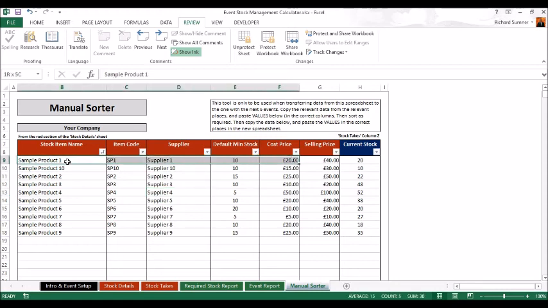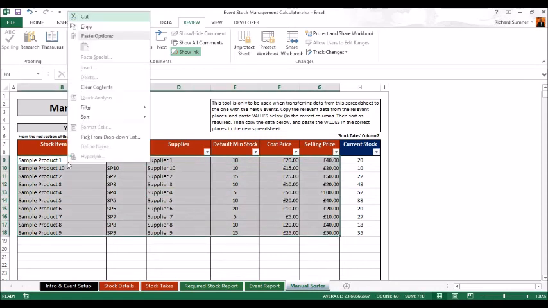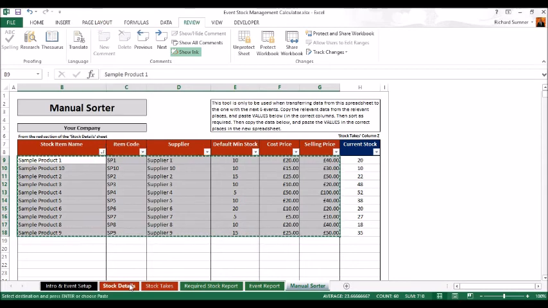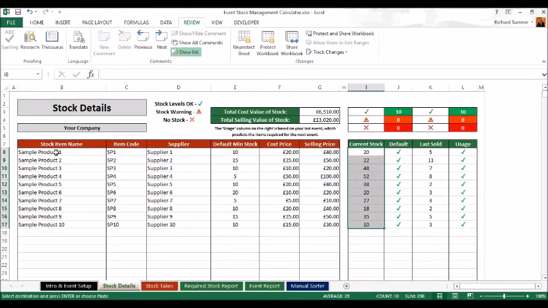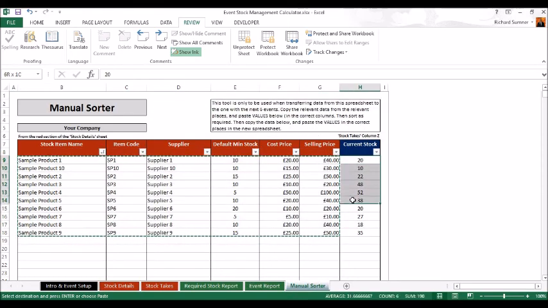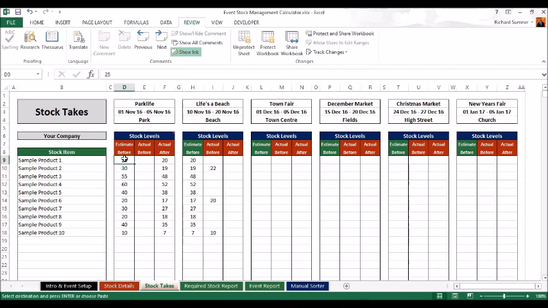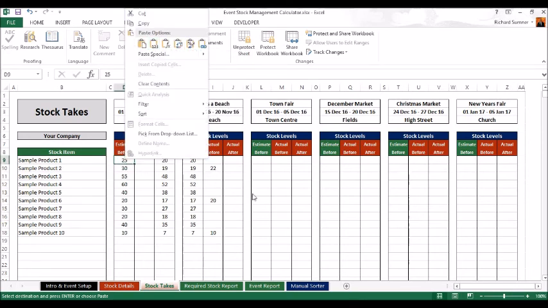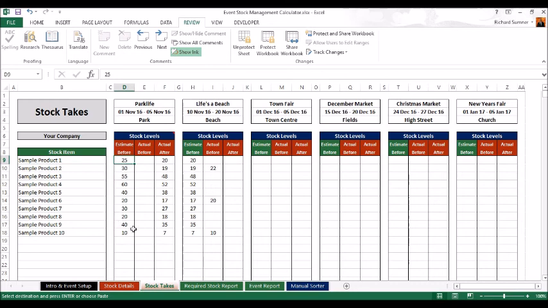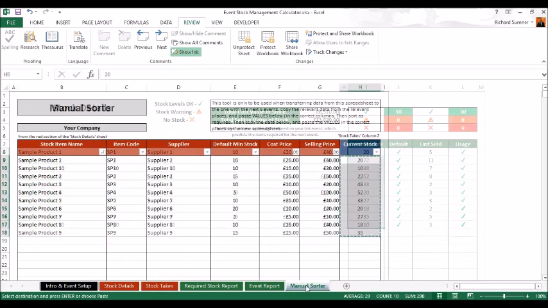Then all you do is you copy the red section again, edit, copy. When you open up the new spreadsheet, paste the values into here, so you've got that from the previous spreadsheet, so you don't have to retype up all of the stuff again. And then what you do is you go to your manual sorter, you copy those, without resorting this again, and you go to your stock details, stock takes, and you can right click there and say paste values into the new spreadsheet, and then you'll have those values alongside each of the products, and they'll all be in the order that you wanted them to be as far as this is